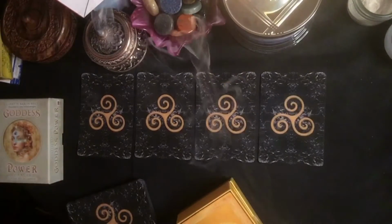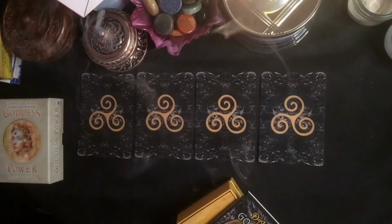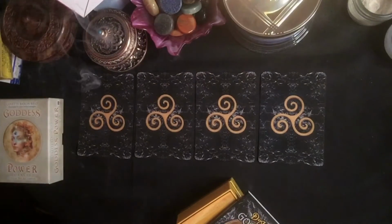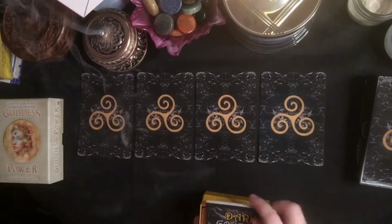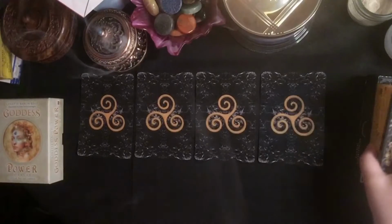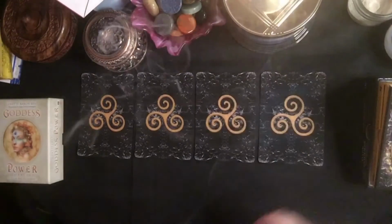And I will actually keep out the book for these cards just in case I need it. And we will do 4 cards. Put that deck there, and let's see. We'll do,